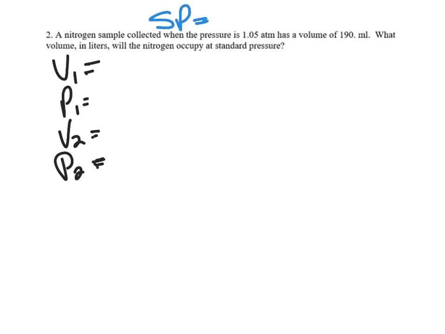if they just say to you, what's the volume at standard pressure, they just want you to know what that number is. Standard pressure is either 760 millimeters or 1 ATM. So the ATM just means atmospheres of pressure. So you could be given those in either of two units. Notice in this problem, we're using atmospheres of pressure.